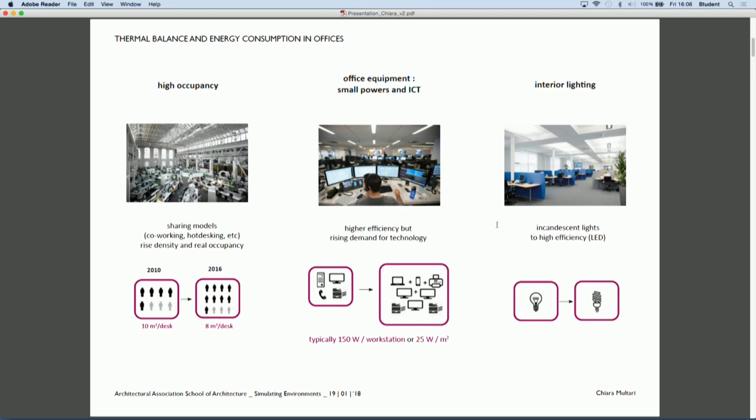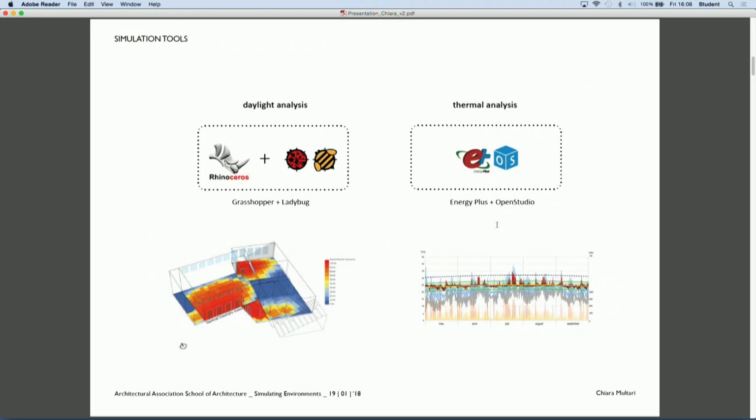Related to this is the rising demand for technology, because modern offices are characterized by a huge amount of IT devices, which produce a huge amount of heat, and finally the interior lighting.